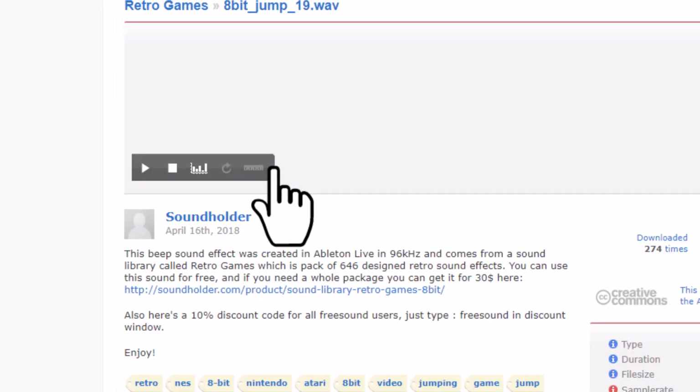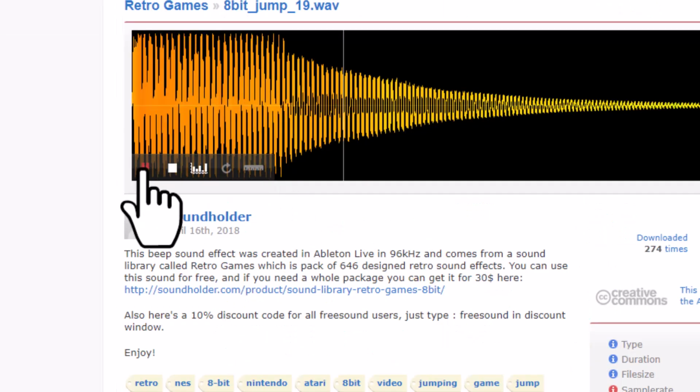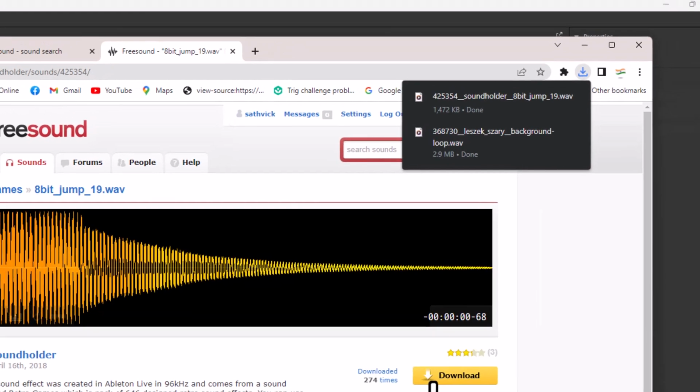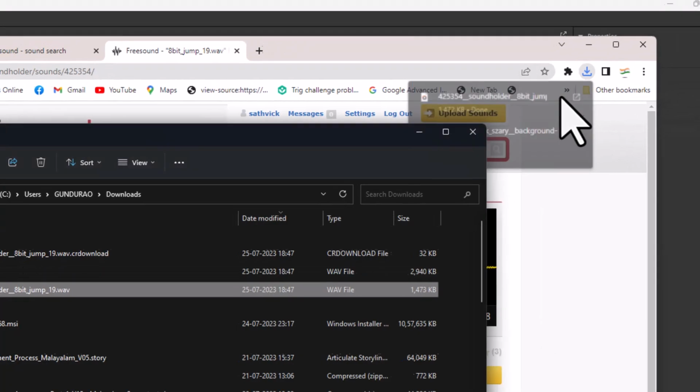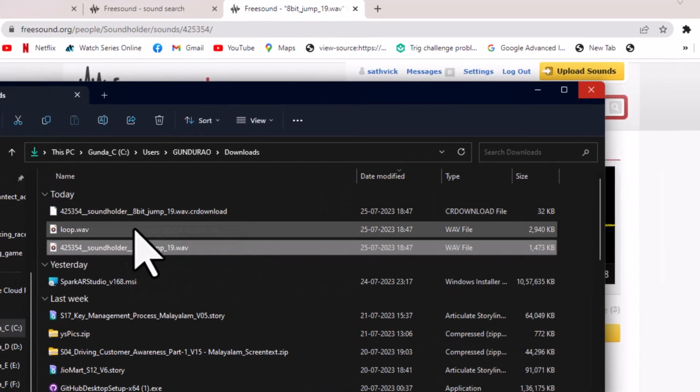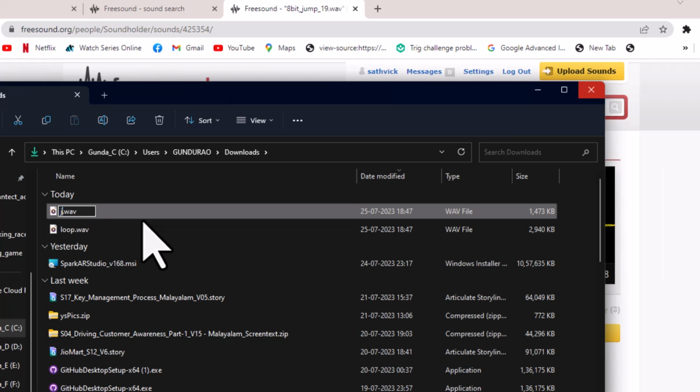Here is one, 8-bit jump. This I find to be good. I will select this 8-bit jump 19 wave and click download. Now this file is downloaded. I will come to the downloads folder and I am going to rename this new file. I will call this as